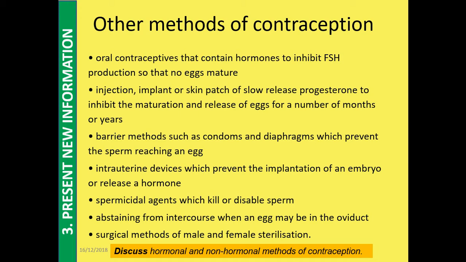Spermicidal agents, okay, they actually destroy the sperm, they kill the sperm, and sometimes that's found on the condom. Abstaining from intercourse when an egg may be in the oviduct is probably the least effective method possible, and really strongly should be advised not to use, okay, because we never really know when an egg may be in the oviduct. We can predict it using cycles, but it's not really a very strong method of